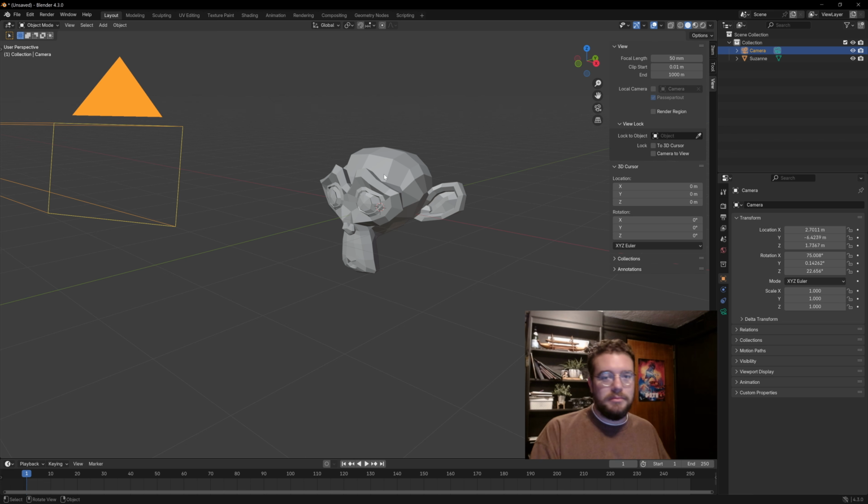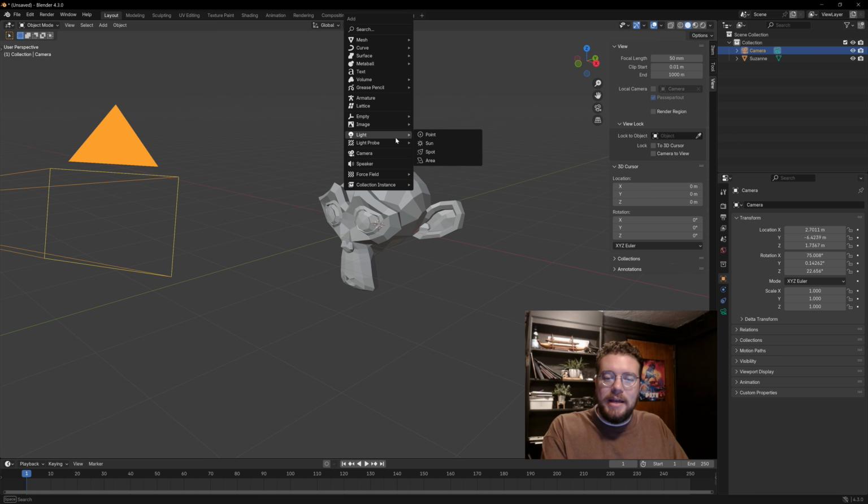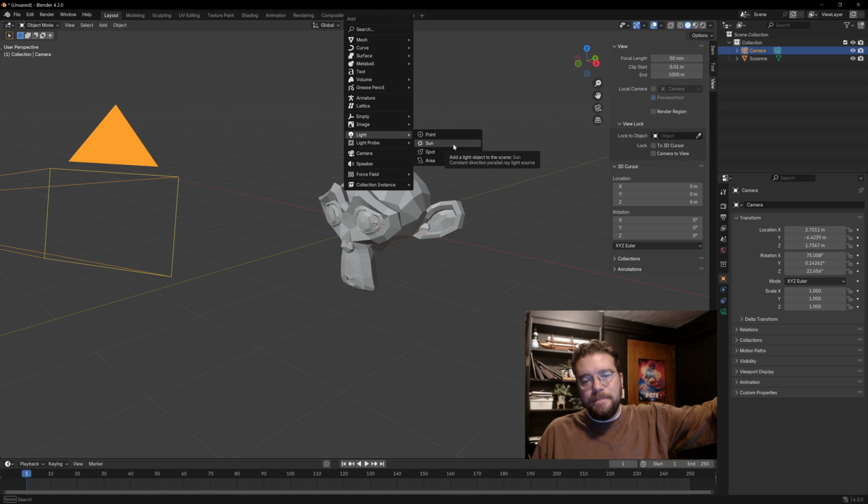And if you don't remember, that's just Shift-A for add to get the add menu. And if you go to the light tab here, we have a few different types of lights. A point light is going to be just that. It's going to be a single point in space that emits light from all different directions. A sunlight mimics the sun. It's infinitely far away, but it is uniformly strong. So it doesn't matter how far away it is, it's always the same strength